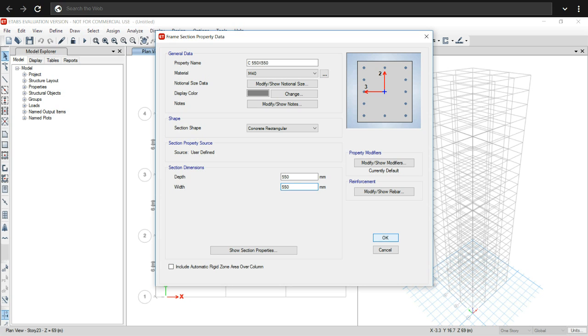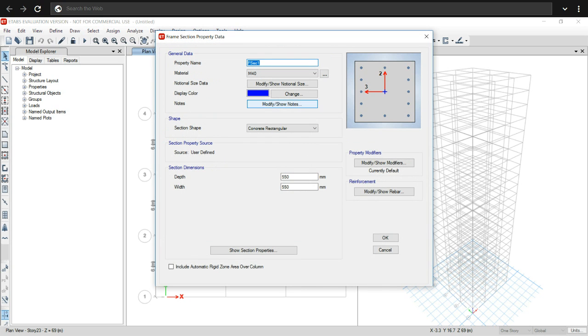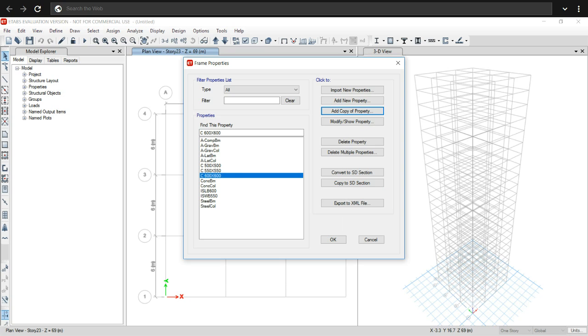Then OK, then Add Copy of Property again, naming the column C600 by 600, and in the same way change the depth and width to 600 by 600, then OK. Now we have defined the columns, and later we will define beams in the same way.